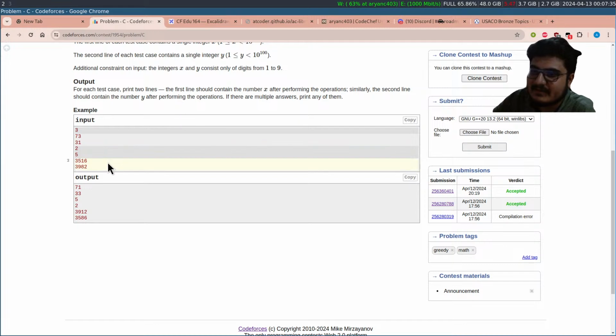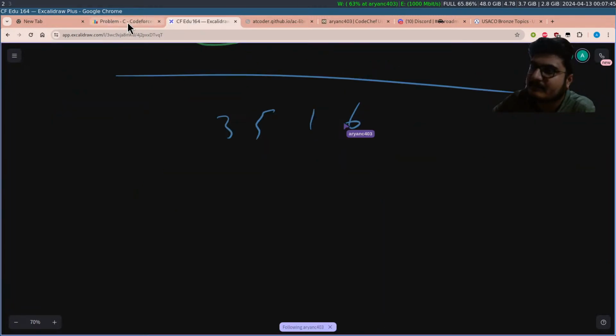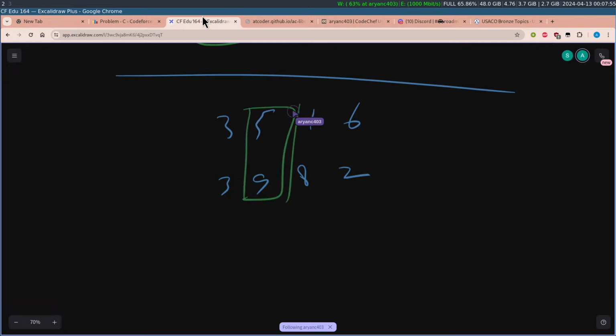So in the third sample it's 3516 3982. The way I did it was first make all the elements equal. So here 5 is smaller than 9, 1 is smaller than 8, and 2 is smaller than 6, to have this. So my number becomes